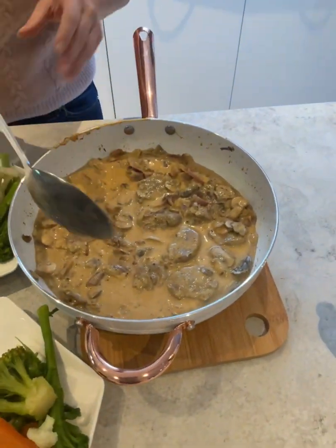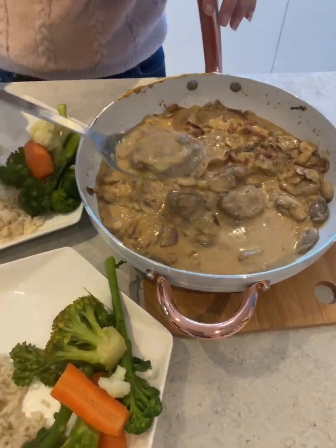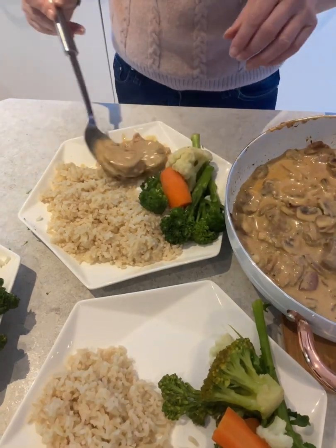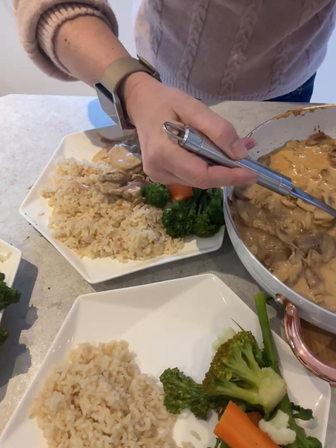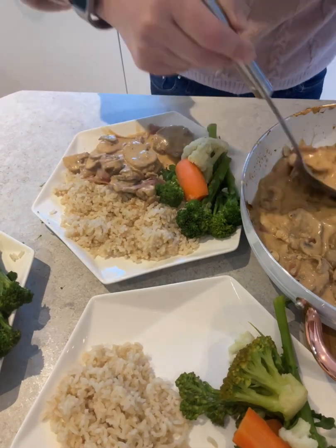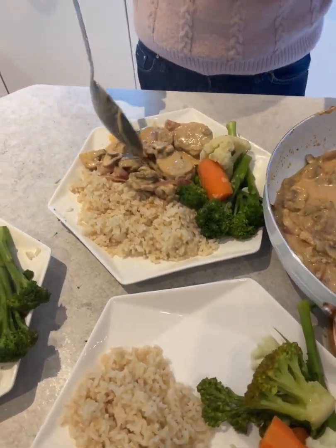Okay, so we're serving ours with rice and some nice veg, a nice bit of colour in it, and some lovely steak slices on there, lots of your mushroom sauce and onions, and that hopefully